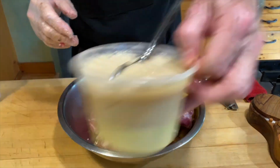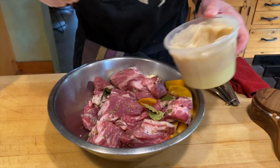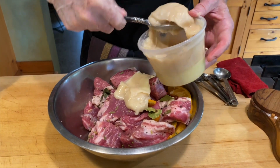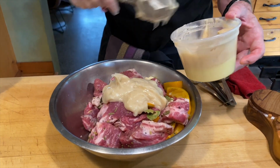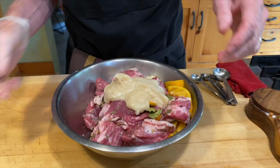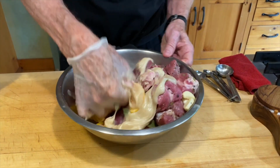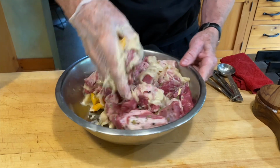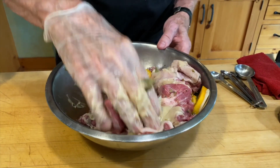And then I have this fresh rendered pork lard here, and I'm going to add about a cup of it. So this version of it, using the immersion circulator, is going to use less lard than the slow cooker version. So we'll mix that in. And then we have to pack all of this into bags and seal those bags with as little air as